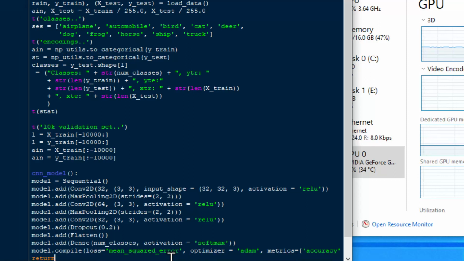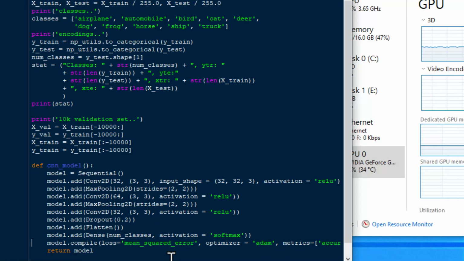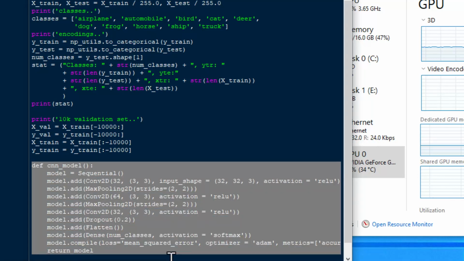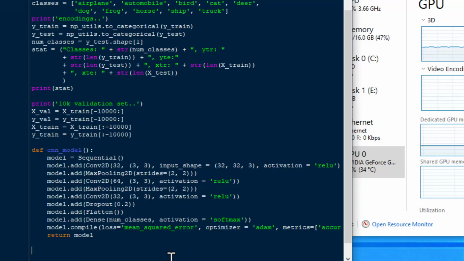And we will also use categorical cross entropy, which is another loss function. And the optimizer Adam is a good one for this scenario. And so we'll put our model as the return value for our function, and then we can say model equals